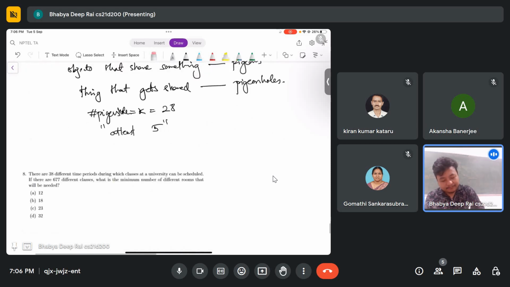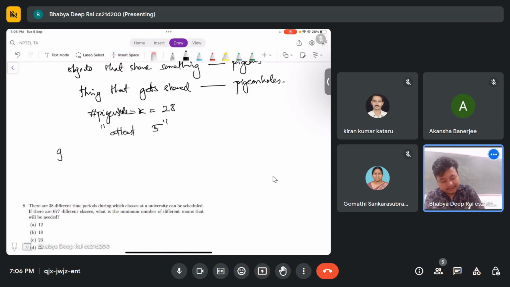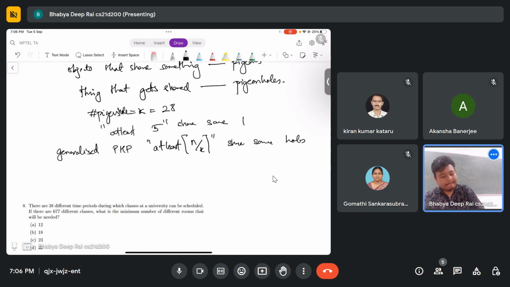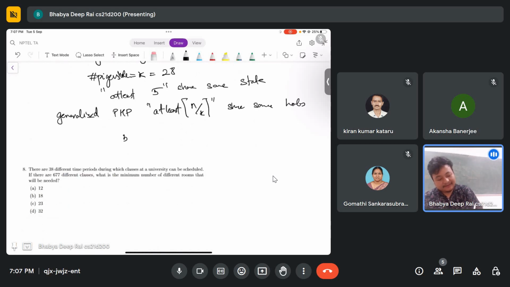And what does the statement say? Generalized pigeonhole principle says that at least ceiling of n by k, right? So generalized pigeonhole principle says at least ceiling of n by k share the same hole. Here at least five share the same pigeon, sorry, state, which means that 5 is your ceiling of n by k. Okay,